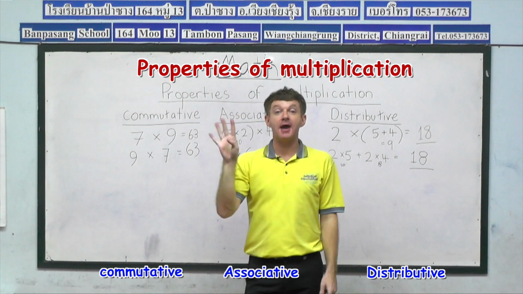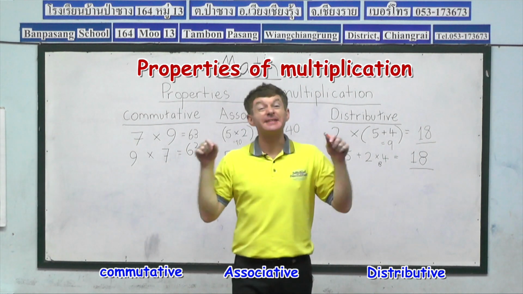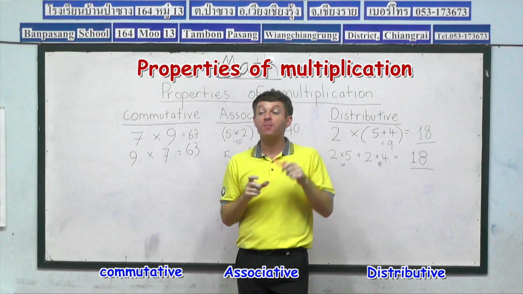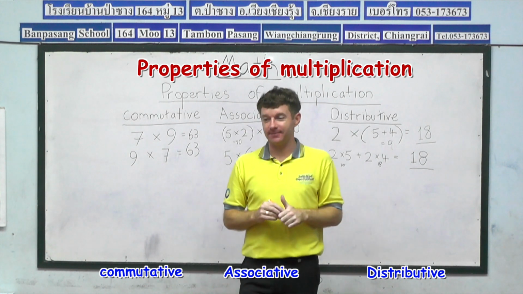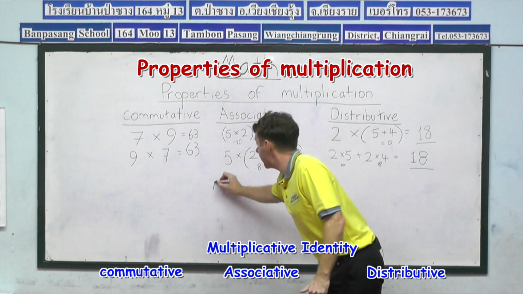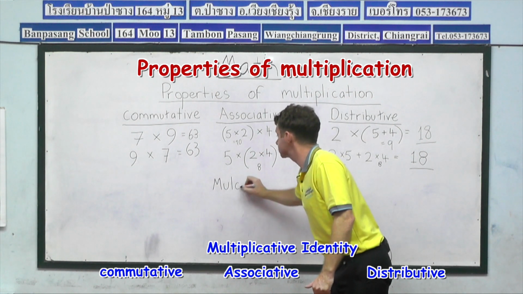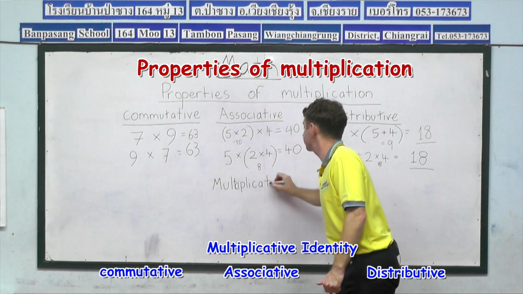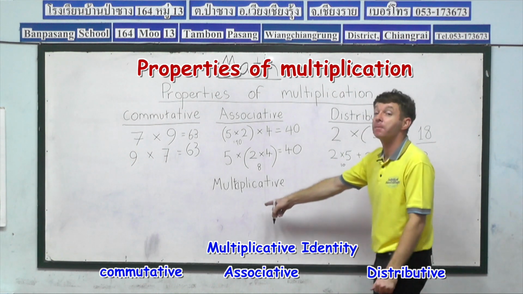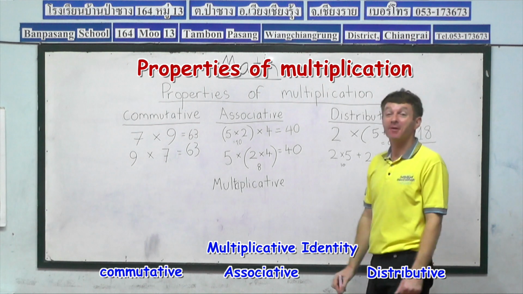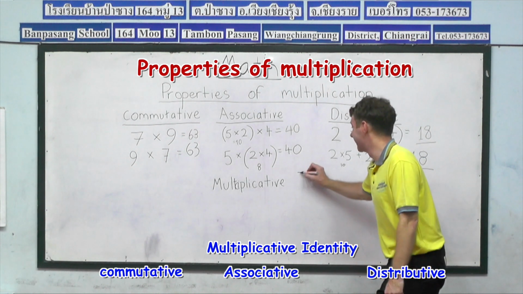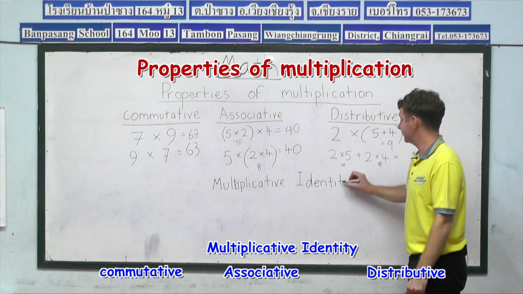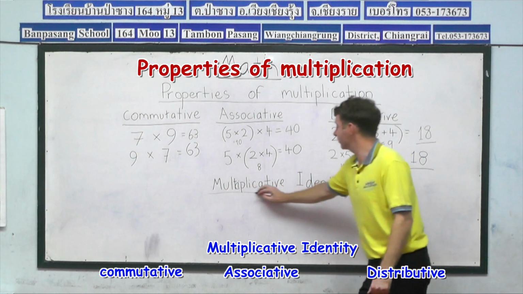And our fourth and final property had the longest name, but it's the easiest one to do. Can anybody remember our final property? Multiplicative identity. So let's write it together. We'll write it at the bottom. M-U-L-T-I-P-L-I-C-A-T-I-V-E. Multiplicative. Identity. I-D-E-N-T-I-T-Y. Altogether, multiplicative